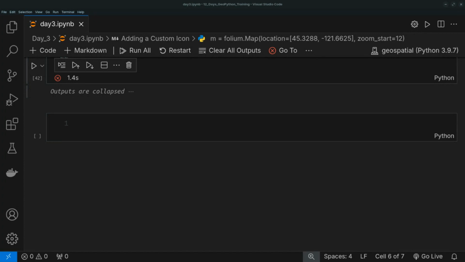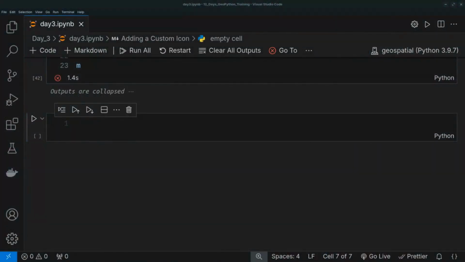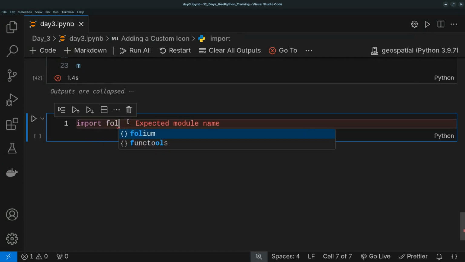Okay, so we can also group our maps into something like layers. Folium allows us to do that. So let us see how we can create a map that has layers that we can even turn on and off. So the normal way is to always start with our map object. Where is that one? VS Code. So I'll again import folium,